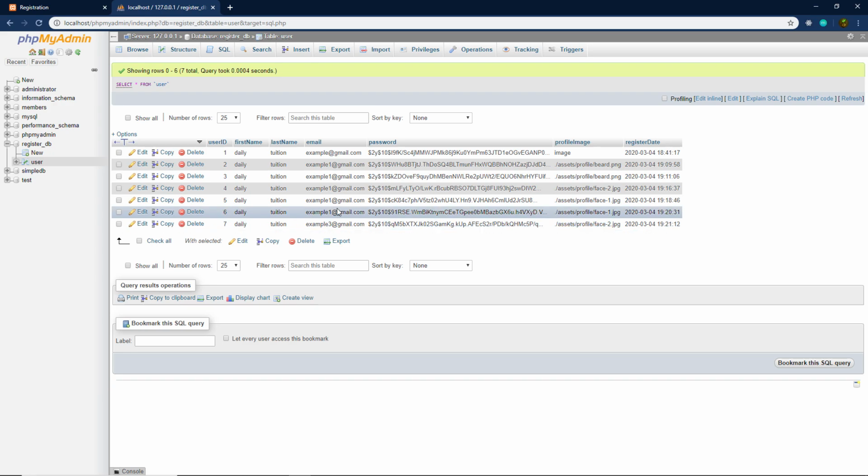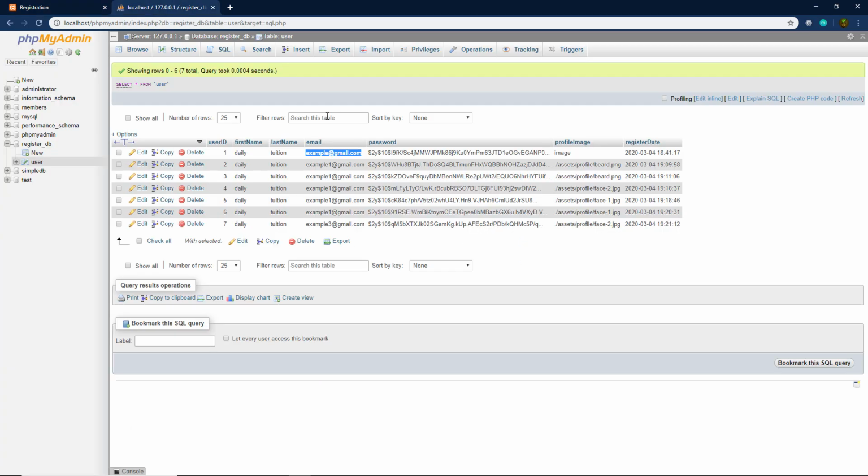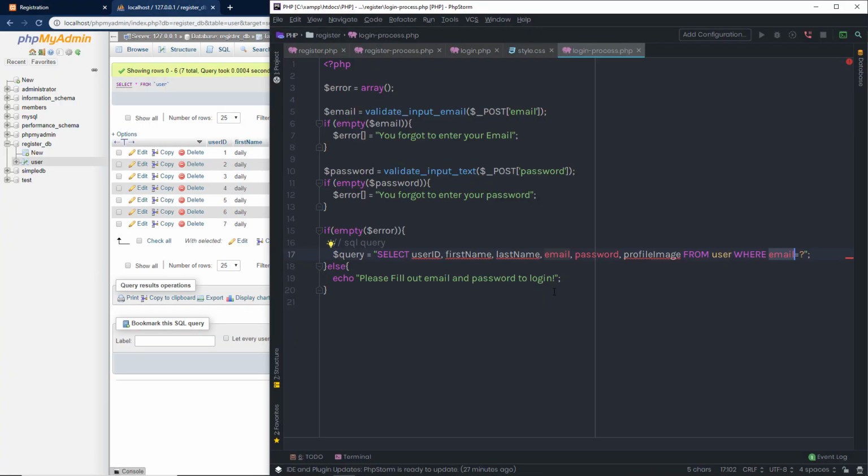For example, if I just type this first email in this text box and specify the password of this email, and if I click on this continue, I want to just redirect the user to the index.php file. So the successful user will be redirected to the index.php file, which is the main file of your website. So I'm going to specify here, if the email is equal to the text box, I'm going to create